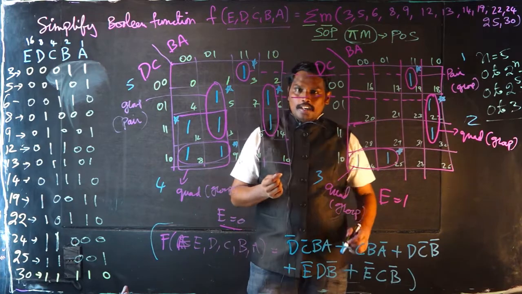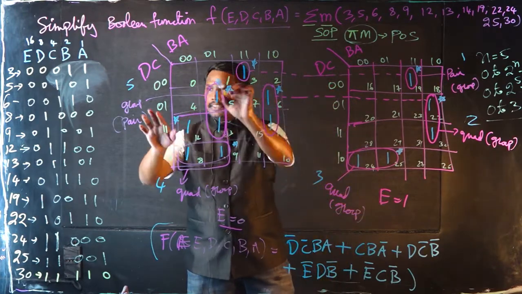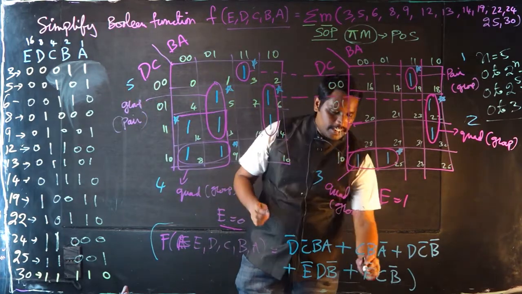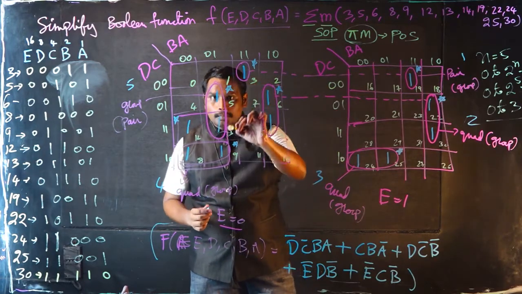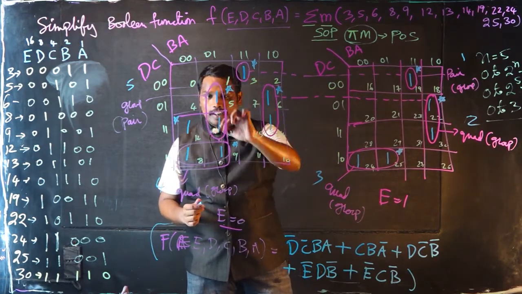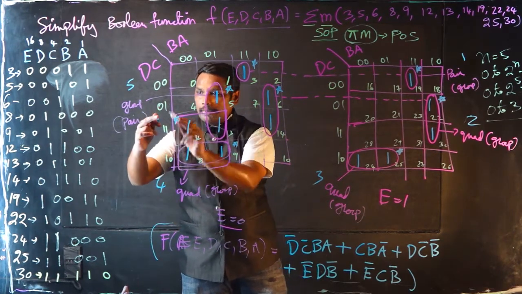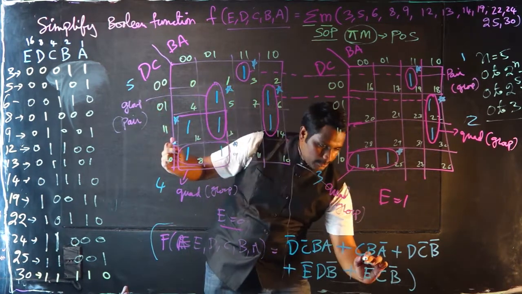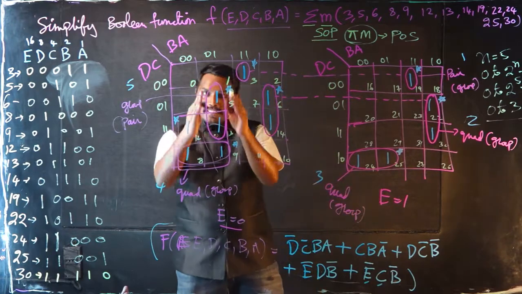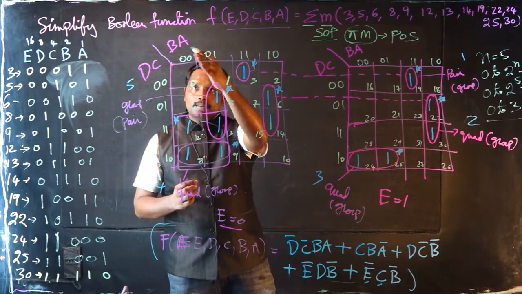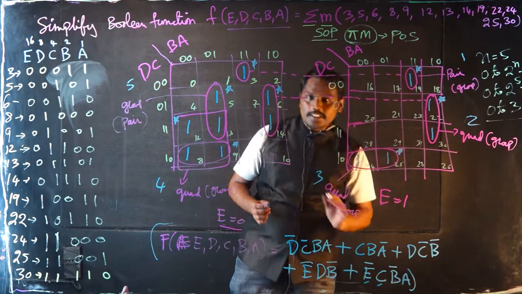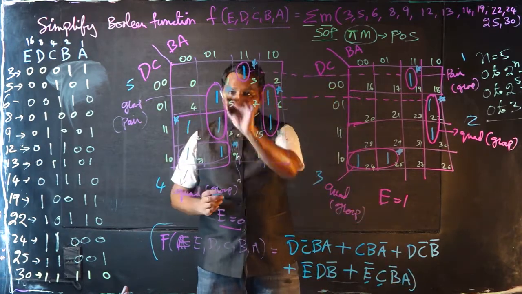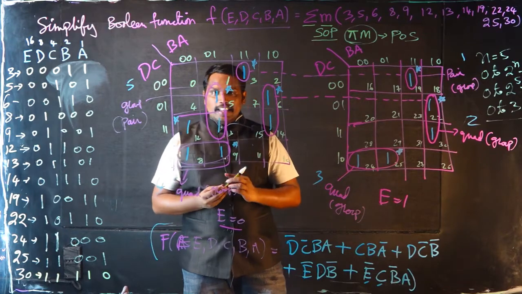Okay, there is a small error that has happened to this particular group. This is the 5th group. So here I have generated E bar, which is of the same Karnaugh map, E is equal to 0, but here it is pair. Okay, so whenever the pair is there, you take this commonality here, that is C. So E bar C is okay, and you can see here the column is having both B bar and A. So this is B bar and A. Okay, so this is a small mistake that I have made for the last group. Okay, so this is pair. So this is the final expression that we have got.